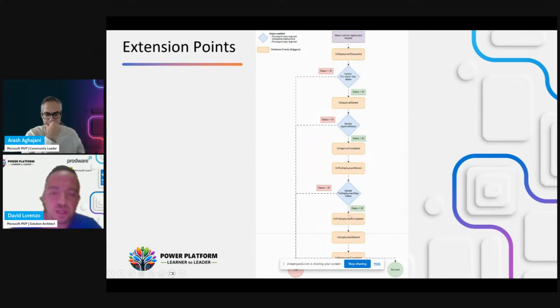So it will succeed or it will fail and notify the user. This is the full schema where currently we are allowed to intercept every point.